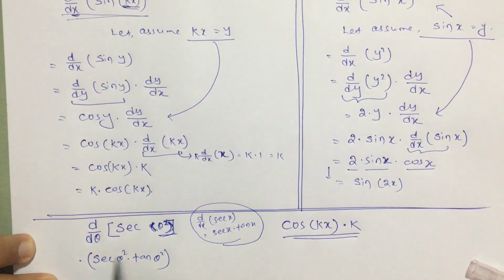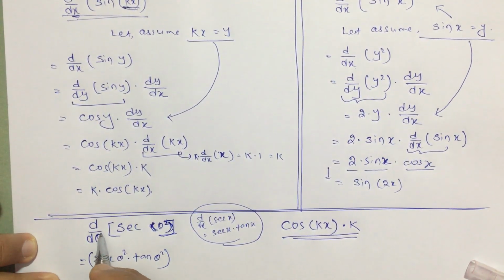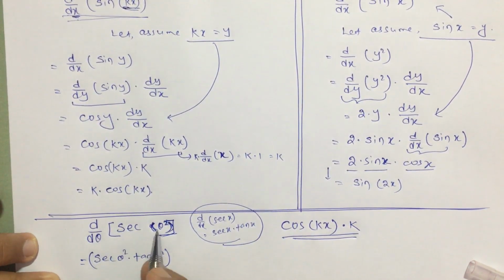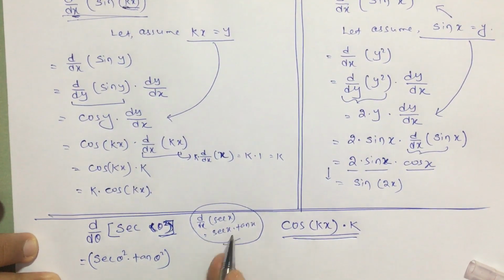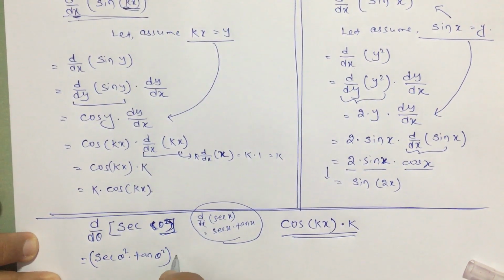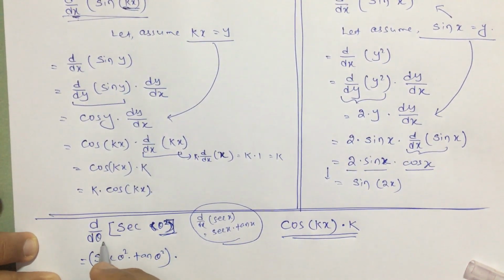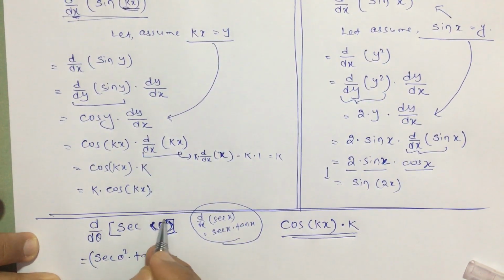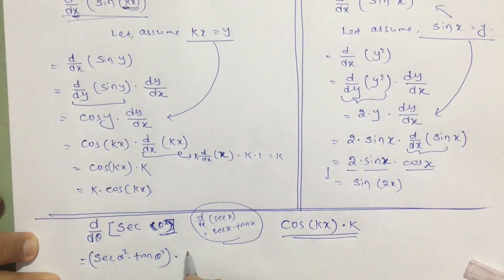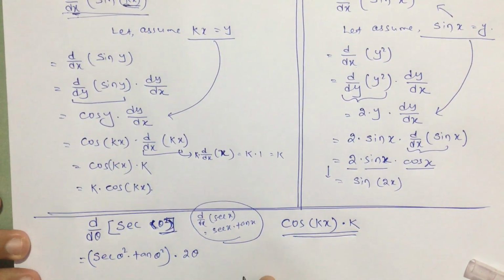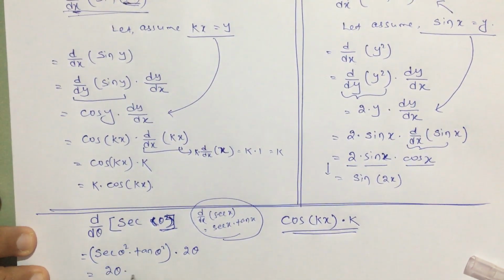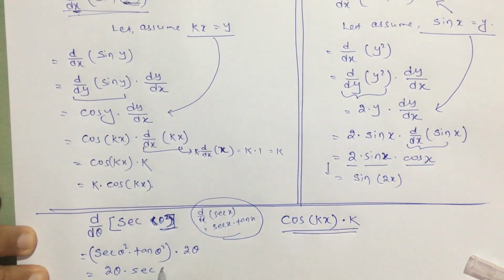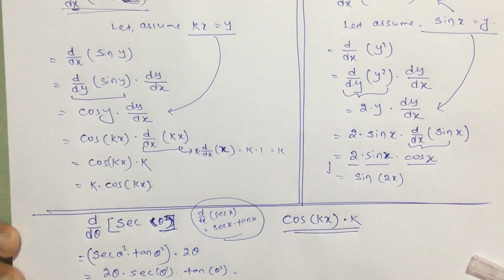This is not the complete answer. If you assume that here also d theta square is there, or d by dx of sec x, then the answer is going to be this, sec x into tan x. Then you have to multiply with d by d theta of this term, whatever is actually given. d by d theta of only this term, theta square. So what will that be? 2 theta. Is it clear? So the answer is 2 theta into sec theta square into tan theta square.